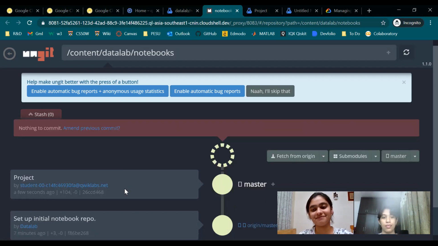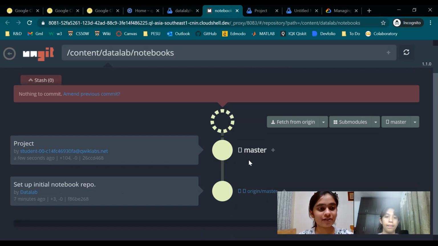Right. So now that we have committed it, we can see it in master, and it also provides you a log history of all the commits, their messages, and the time recorded.